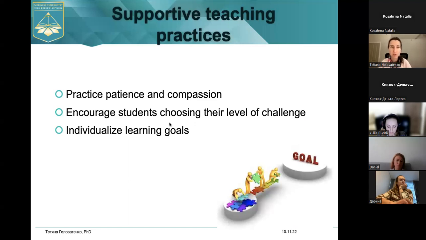The next supportive teaching practice is individualizing learning goals. Discuss it with your students. What are their expectations? What is your expectation, and how can you help your students in reaching their learning goals? Of course, it will take so much time to discuss it with every single student. Then try to group those students.